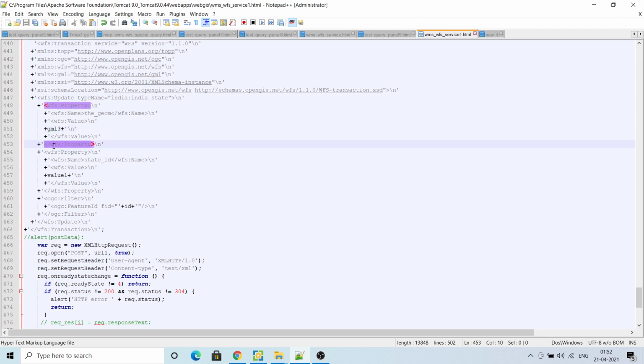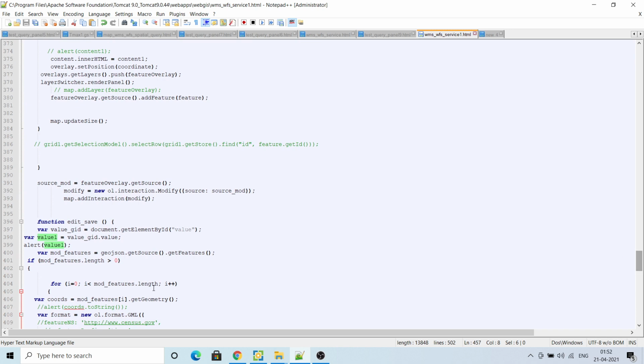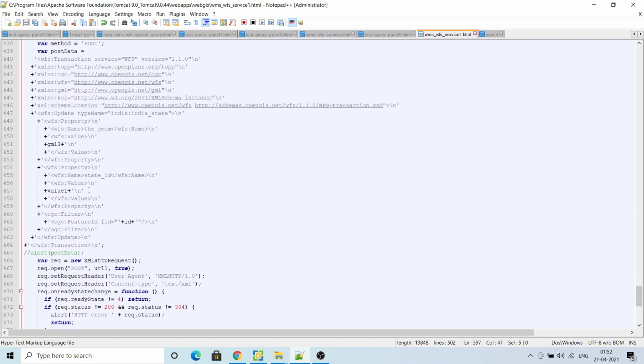I have modified only one attribute like this now. From property, this property state ID, this is the attribute name. Then value, this value I am taking from the text box, 750.